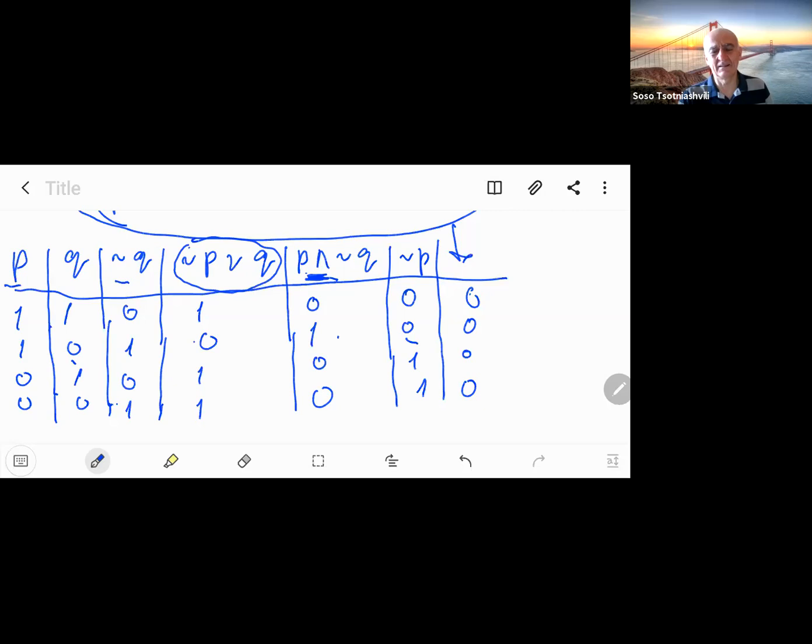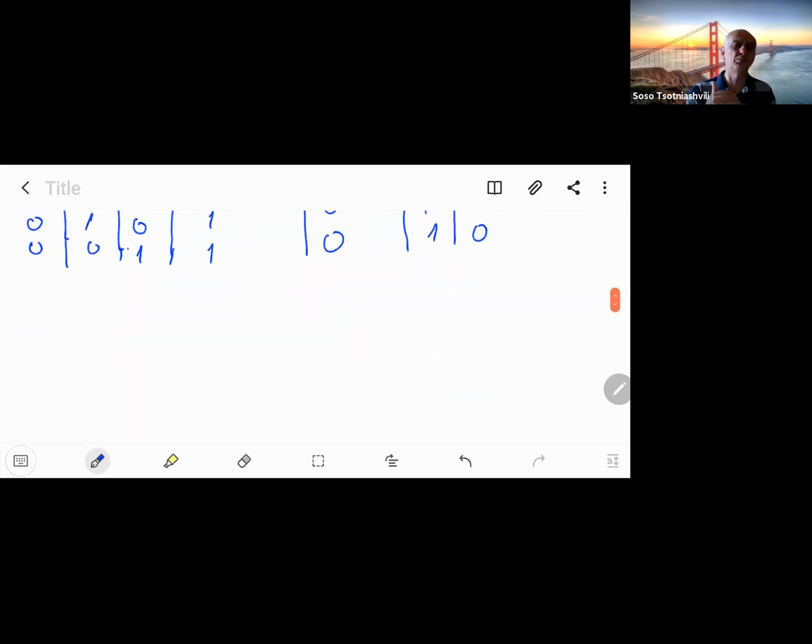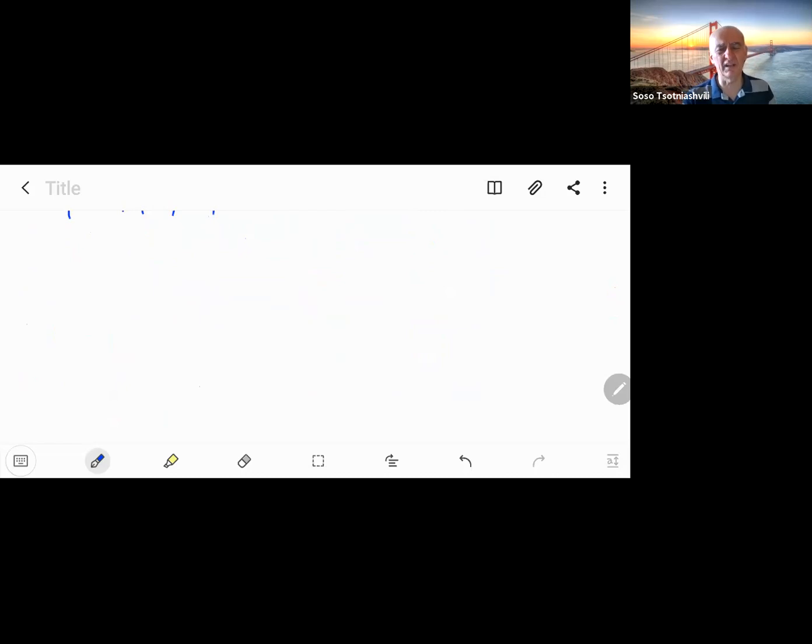So, as we said, the truth table is a very powerful tool to prove logical equivalences. But I think you will agree with me that it's not a very pleasant activity to do truth tables. But if you are more clever, you can avoid truth tables to prove something using basic logical equivalences. For example, in this example,